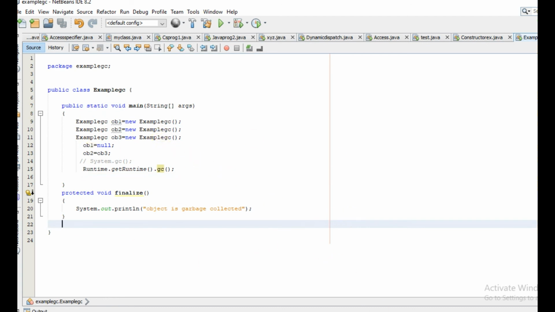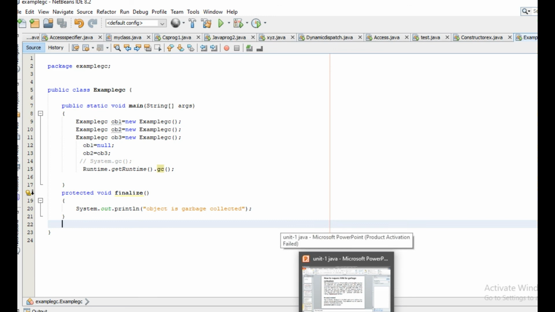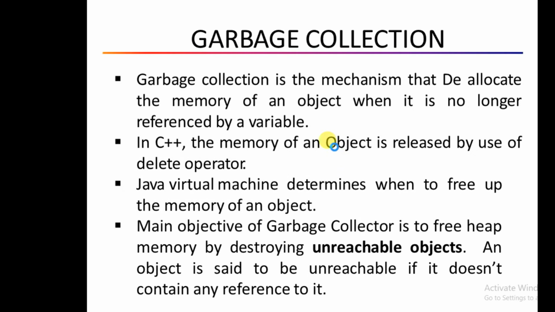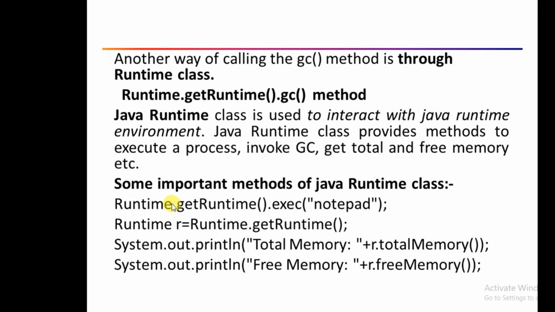Let us come back to our slides to see some more applications of this Runtime class. See, this Runtime class provides many methods. Some of the important methods is the exec method.